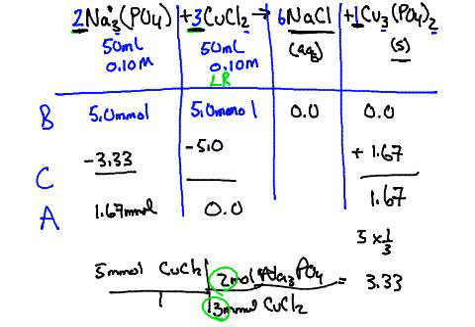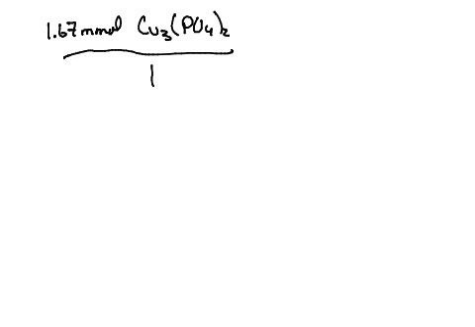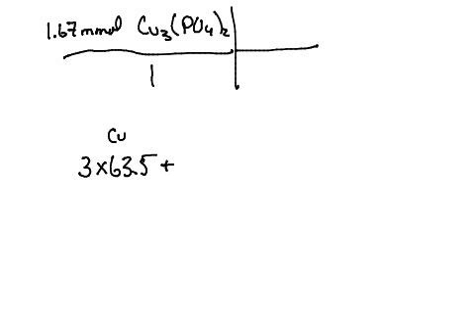So this is kind of our basis to solve the problem. Now we're going to try and find the grams of the precipitate. And the precipitate, of course, is the copper 2 phosphate. And we have 1.67 millimoles of copper 2 phosphate. So if I have, this is part B, 1.67 millimoles of the Cu3(PO4)2, I then need to calculate the molar mass of Cu3(PO4)2. So that'll be 3 times 63.5, that's the copper right there,